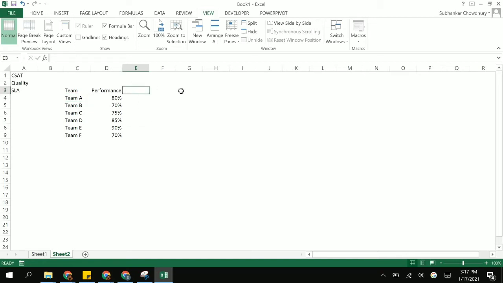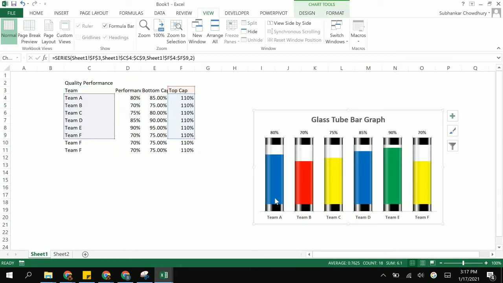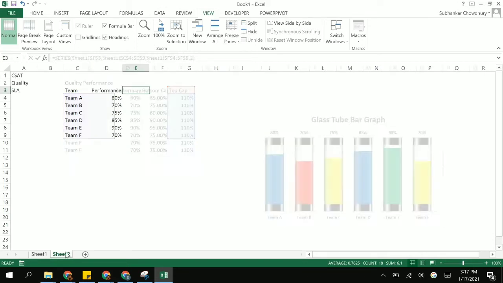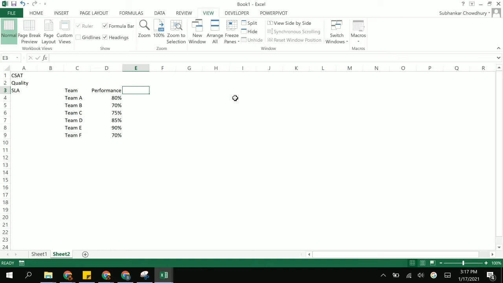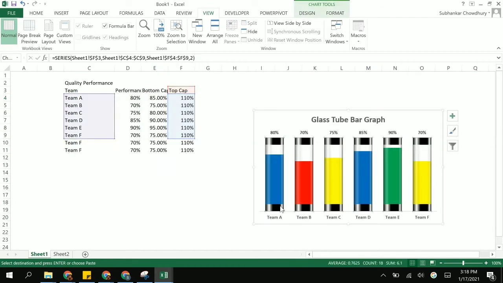So first thing first, what I need to do is create these caps, which is the top cap and the bottom cap, and the test tube. I'll take the bottom cap first and then I'll add the top cap. To create the bottom cap, I would say I need 5% of padding, which is giving additional 5% of cushioning to the graph so that I get the right size.